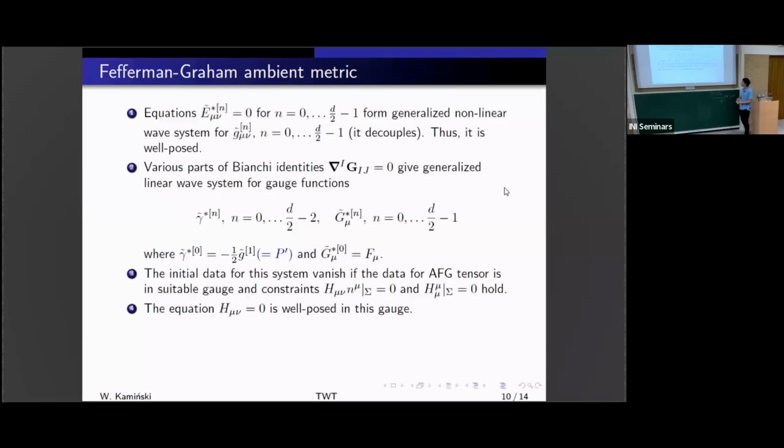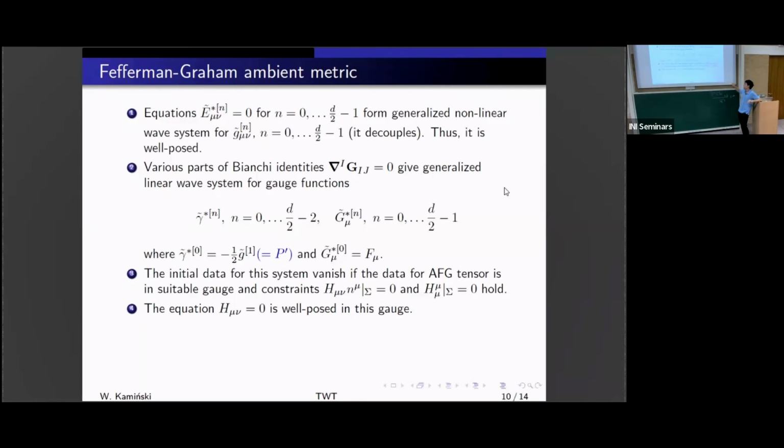And maybe one more comment. Of course we also need to expand these gauge functions into series, and the 0th order terms are now these original gauge conditions. But the system is not only for these two functions, but also for what I would call the higher gauge functions, which in the ambient metric are identically 0. But this is okay, because if we show that they evolve by a hyperbolic system and vanish initially, then they will be 0 everywhere, and we are in the ambient construction.